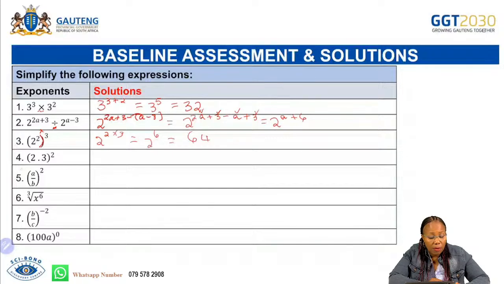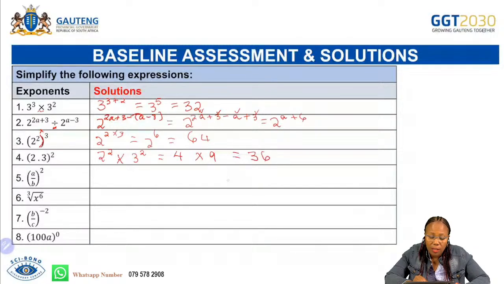And then now number 4, we are having two different bases, but these two are sharing the same exponent. Same children sharing the same surname. So it will be 2 to the power 2 multiplied by 3 to the power 2, of which is giving us the 4 times 3 squared is the 9, and then 9 times 4, or 4 times 9 is equal